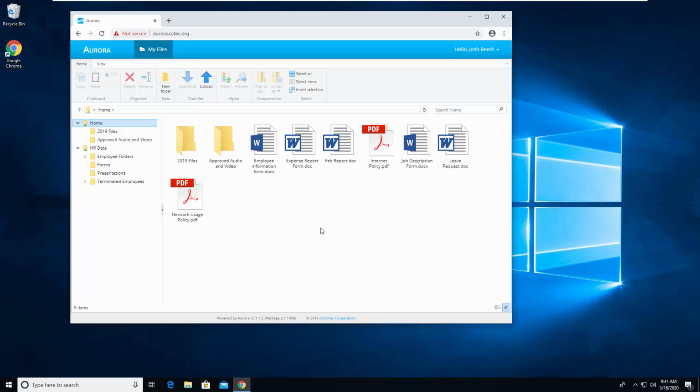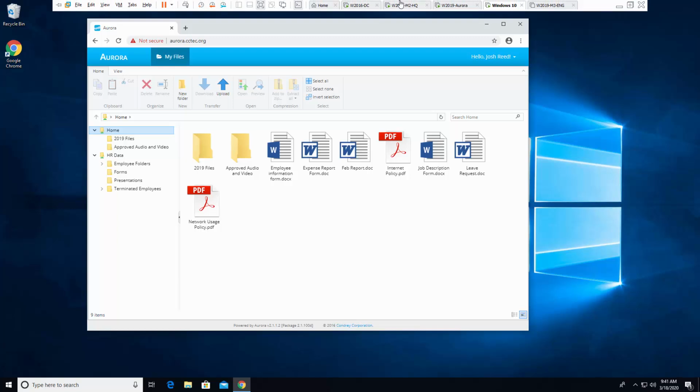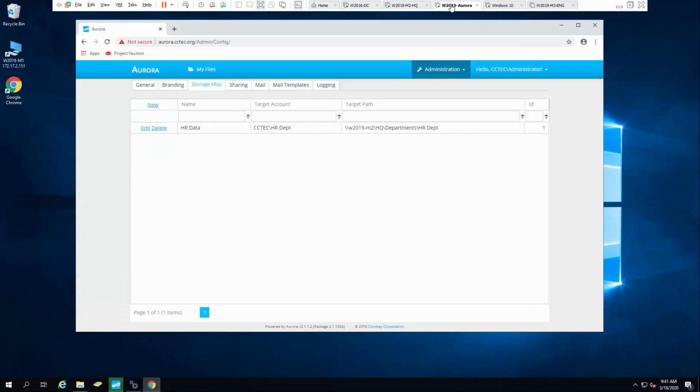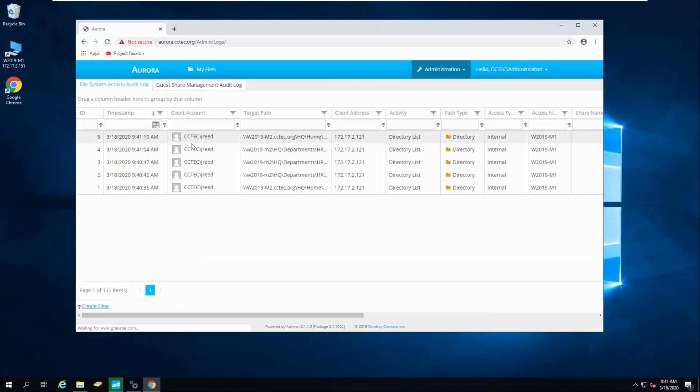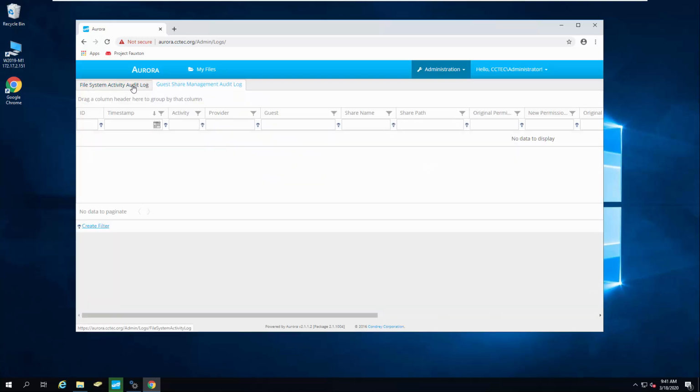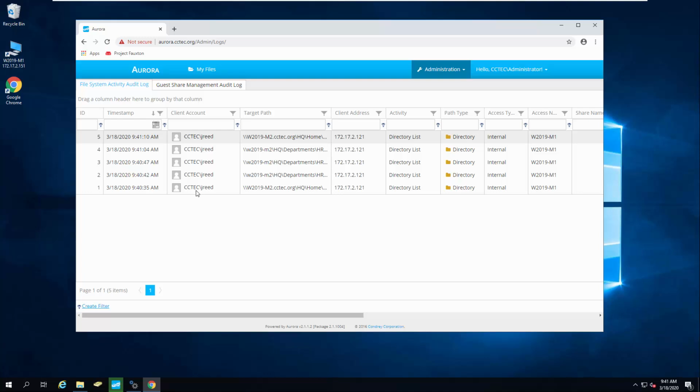So this basically completes some basic training on getting Aurora set up so that you can gain remote access into your data from an administration standpoint on the Aurora server. You can see all the audit logs for when somebody's logged in. You can see here J Reed logged in. You'll see everything that he's listed, and we don't have guest sharing turned on. But basically, you have complete logging of everything that's going on